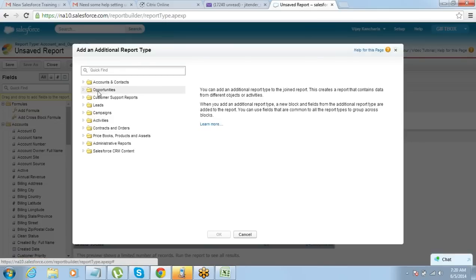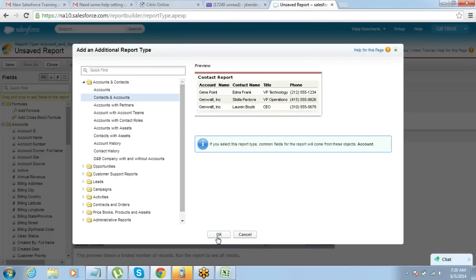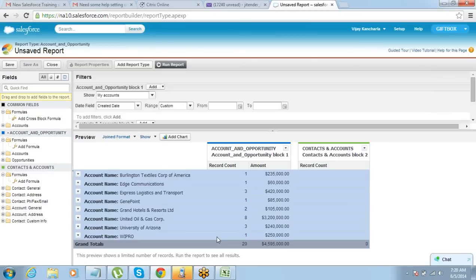So let me bring another report type for contacts and accounts. Click on OK. So this is the report type for contacts and accounts. So you see there is another block of report. Oh, this is the common field. Account is the common field between opportunity and contacts.